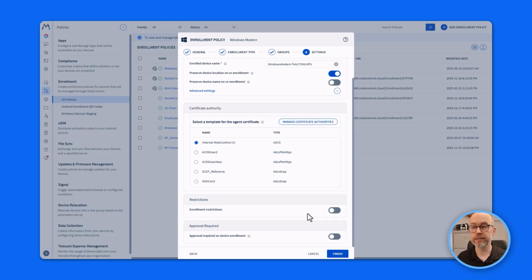We can also enforce settings such as enrollment restrictions, indicating how many devices are allowed to be enrolled using this policy, or say whether a SOTI MobiControl web console admin approval is required to complete the enrollment process for this device. Once I've adjusted these settings as I require, once we click Finish, our enrollment policy is complete, and we're